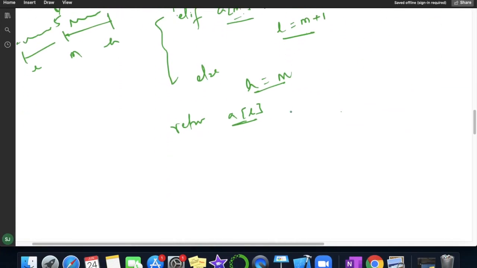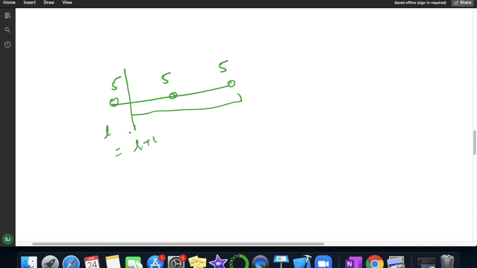This was the case, means in the list if mid value is also 5, high value is also 5, and low value is also 5, then we are simply checking in this section by moving our low to low plus 1 from here to this section.